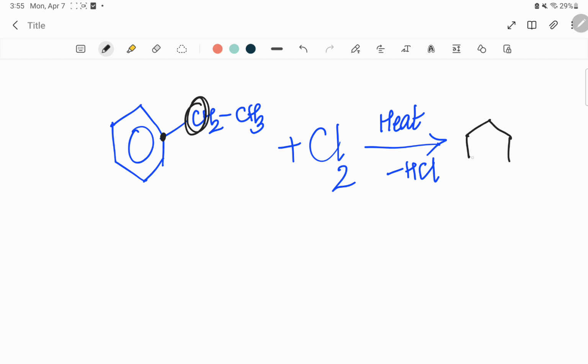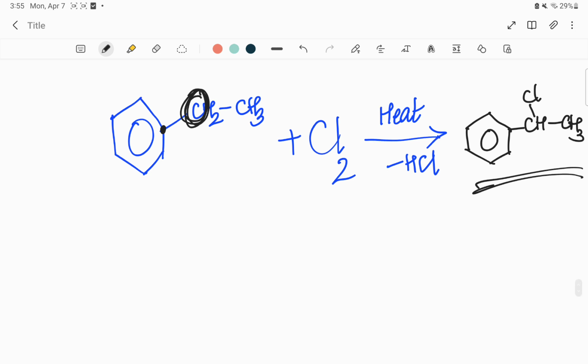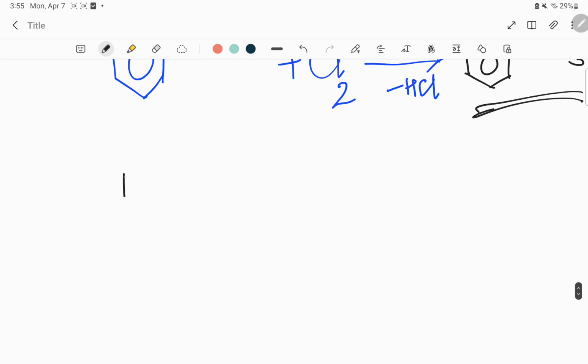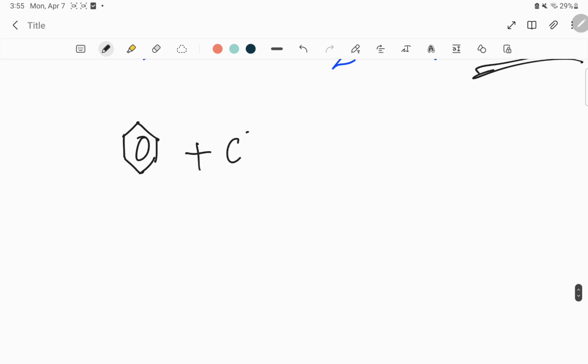So in this case the product will be benzene with CHCl CH3. This is the product formed in this case. So always the first carbon which is directly attached to the aromatic ring will undergo substitution. And the other important thing which you need to keep in mind is that if this same reaction